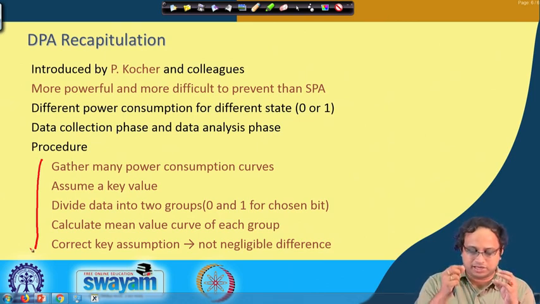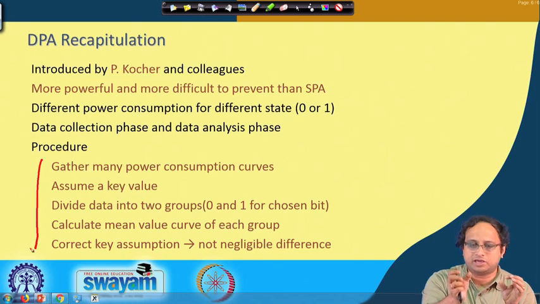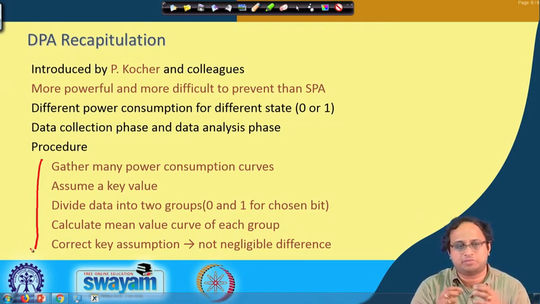So what I do is I guess the key bit to be either 0 or 1, and then we have a target register or target computation. If my guess was correct, then my target is correctly computed, and if I extract a hypothetical power from that target register and correlate it with my real power trace, then I should get a maximal correlation. On the other hand, if my guess was wrong, then that correlation will be much lesser, and therefore I can distinguish whether my key guess was correct or wrong.